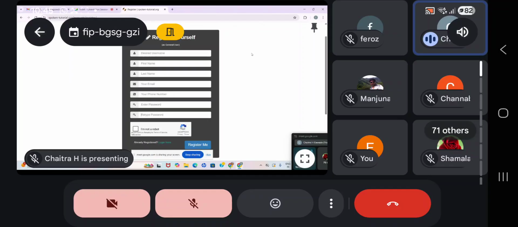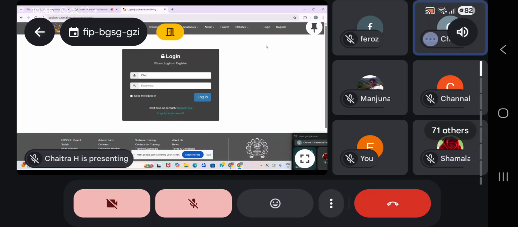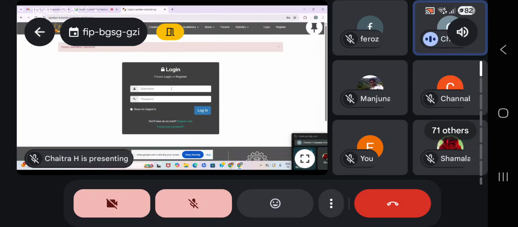Once the faculty member completes this step, you will get one activation link to the same email ID which you have mentioned here. You have to click on that activation link and activate your account. So this is the very first step. Once you activate the account, now you have to register as a faculty organizer. So the very first step is register, and then once you register, again you have to log in and do the faculty organizer step.